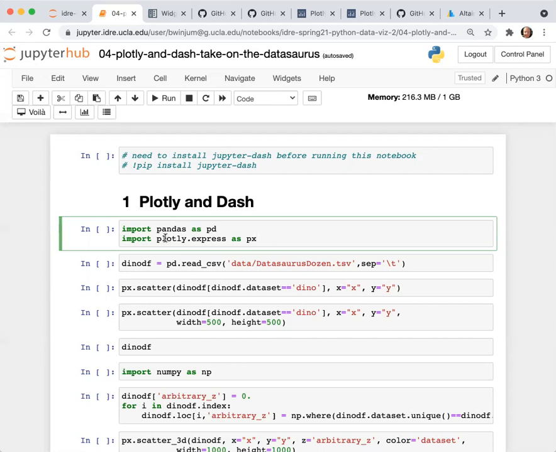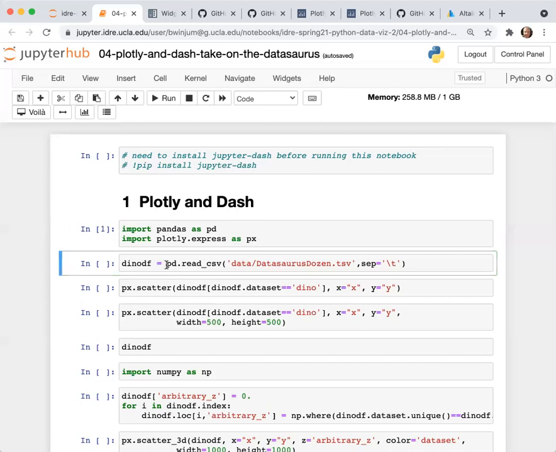With Plotly, Plotly.express has some really easy functions for generating some graphics right off the bat. There's another library called Plotly.graphObjects, which is more low level, and that's like with matplotlib when you use the figure and the axes objects and access the low level objects themselves. You can do something similar with Plotly with the graph objects. For the moment, we're going to use Express.